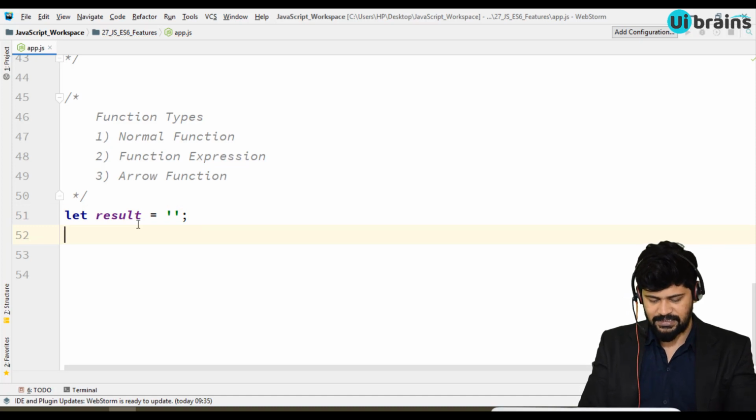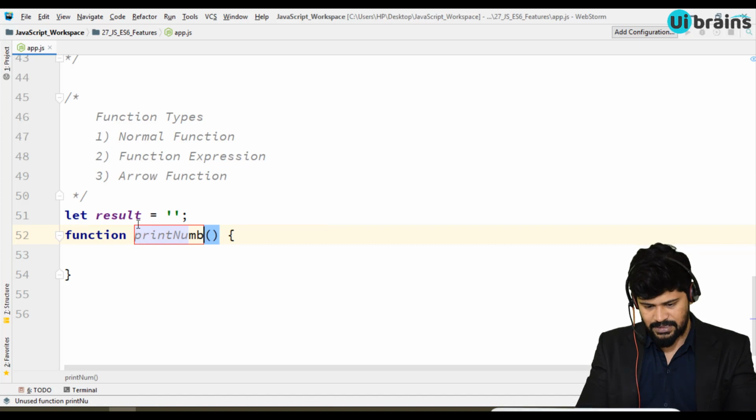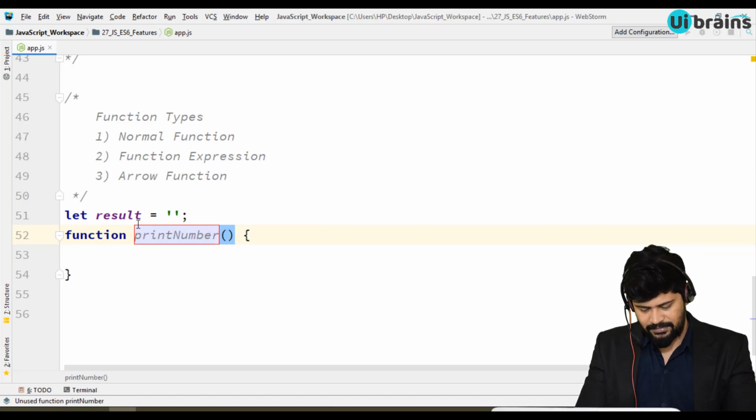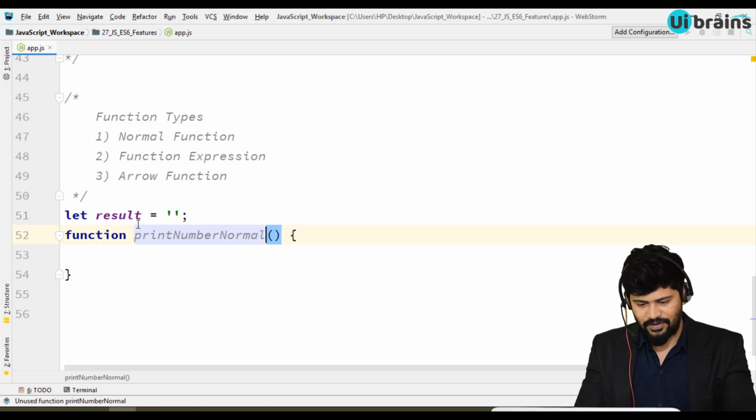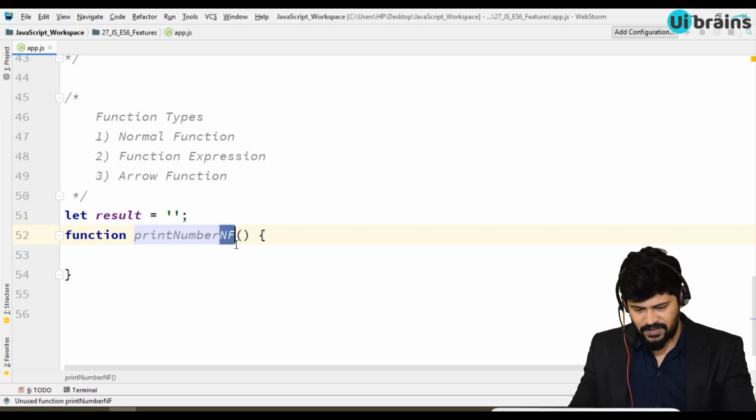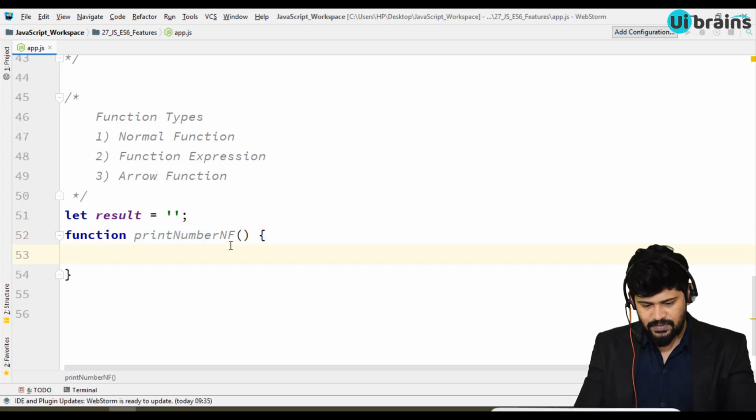Then you write function printNumbers normal. You would never write "normal" in a real name, but I just want to make sure this is a normal function, so I'm naming it with an NF shortcut.